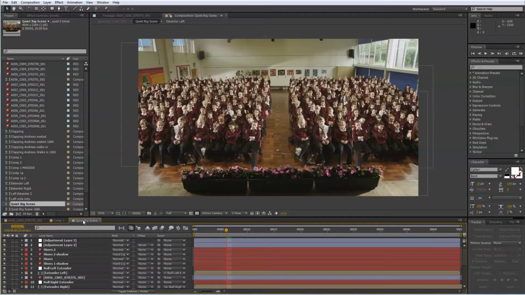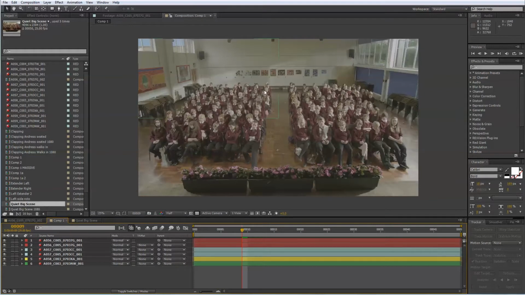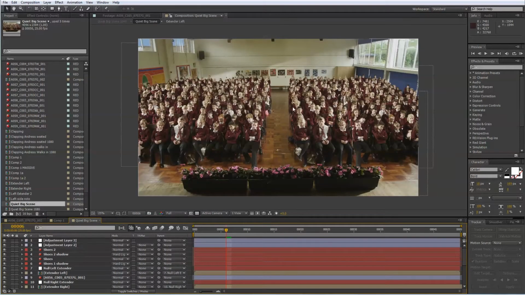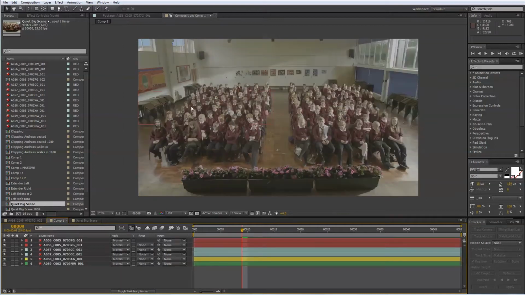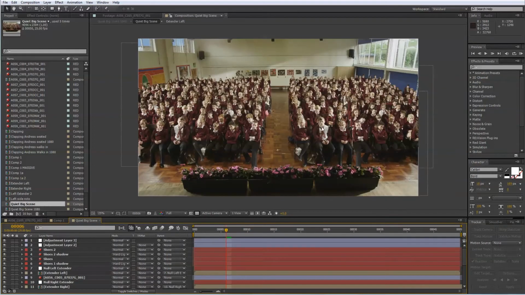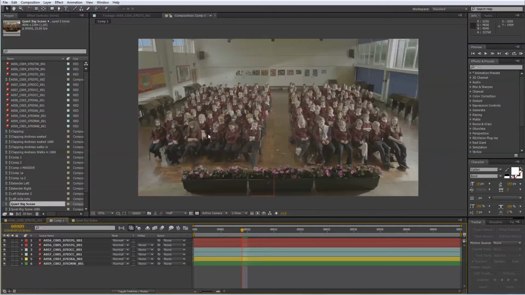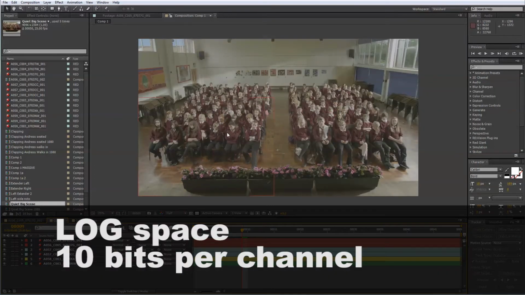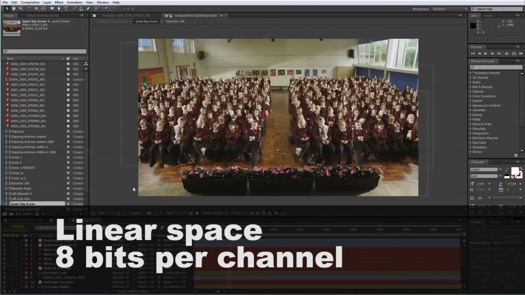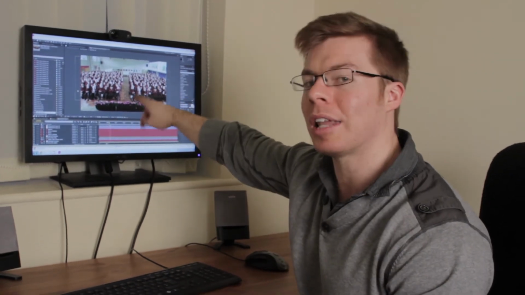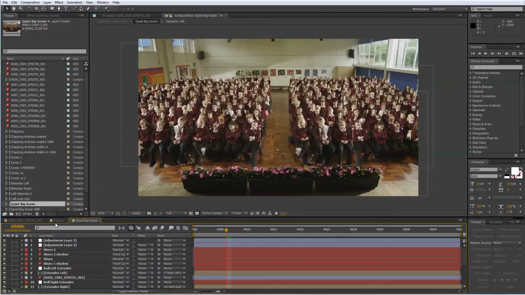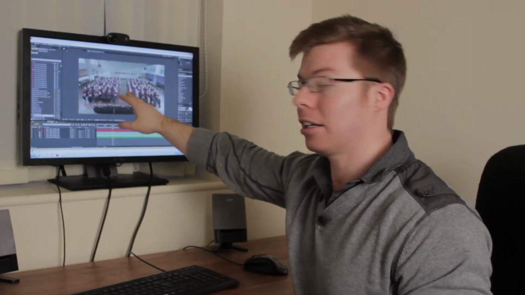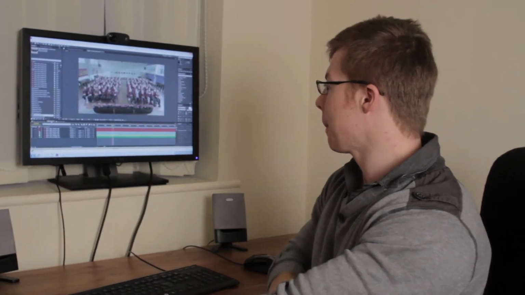Okay. And if you're a visual effects person, you're looking at what's the difference between this here and that there, apart from more students? One of them is the colour looks a bit drab here, and it's fine here. This is recorded in a log space, like 10-bit space, and this is in linear space, which is 8 bits per channel. Okay. But if you don't understand that, don't worry about it, but that's basically more like how you see it on real TV. This is how us visual effects people and colour graders actually work with the image.